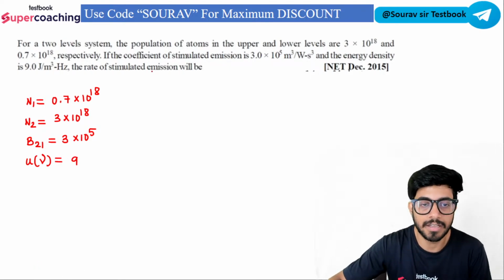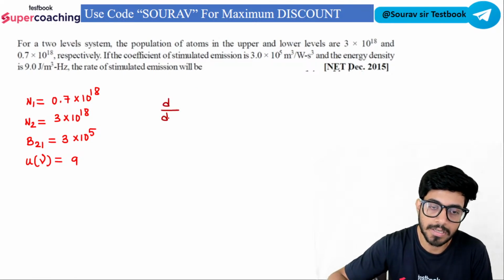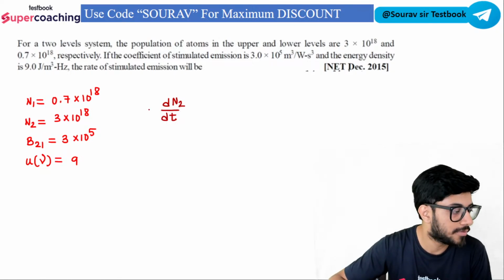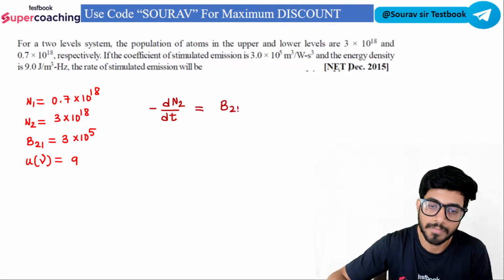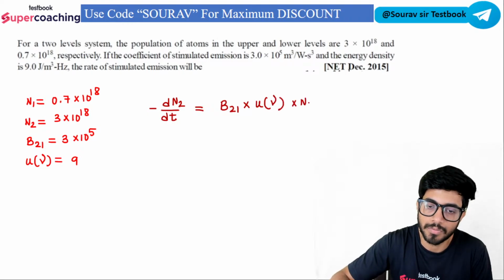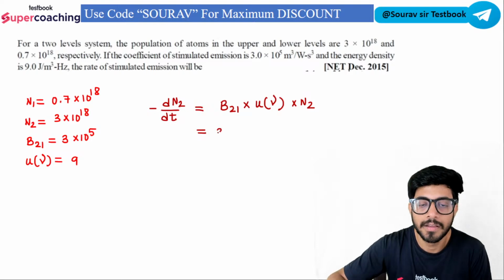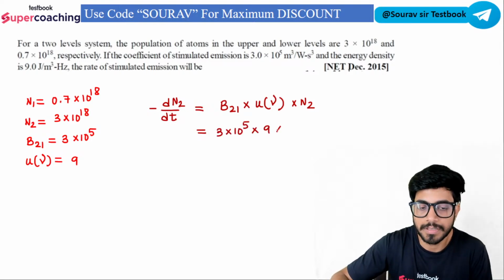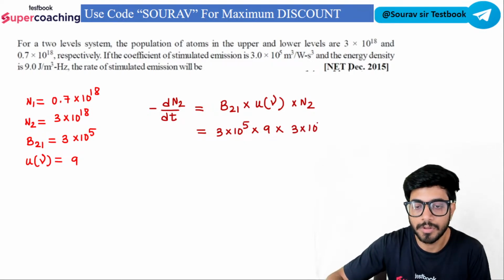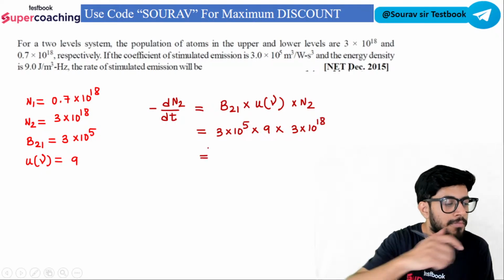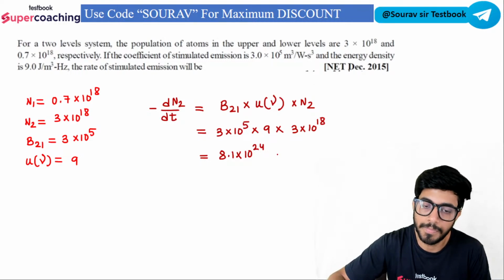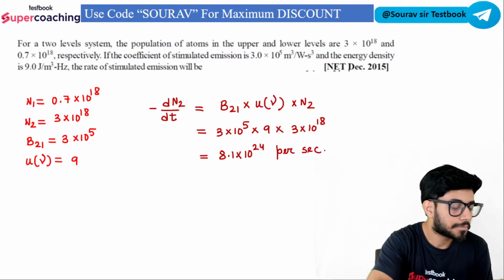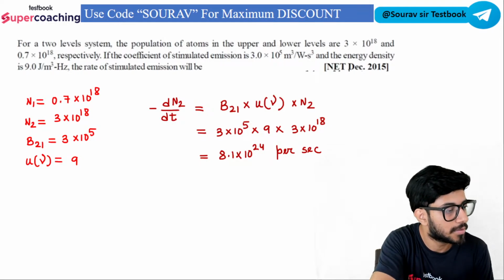भाई साहब हमें पता है कि rate of the stimulated emission, dN2 by dt negative of, इन स्टिमुलेटेड एमिशन क्या होता है, B21 U of nu into N2। B21 पता है 3 into 10 to the power of 5, U of nu is 9, N2 is your 3 into 10 to the power of 18। क्या आ जाएगा, 8.1 into 10 to the power of 24 per second। That's the correct option। ठीक है,